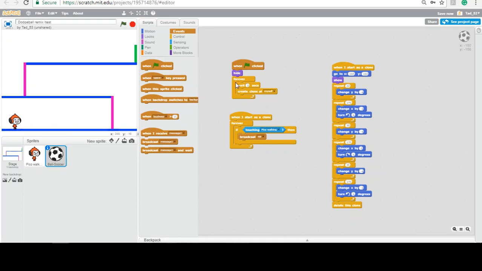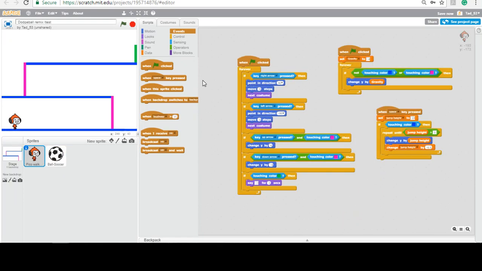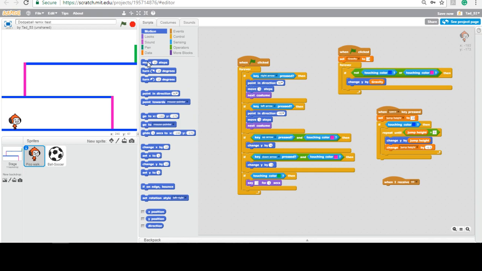So this is a nice characteristic that you can use when combining two sprites that are going to interact with one another seamlessly. So what I'm doing is I'm broadcasting a signal from the soccer ball, and now I want my sprite to pick that up. So I'm going to say when receive, so when they receive that broadcast that's created, I want to change the position of my character. So I want it to point in direction 90, so it looks like it's starting over again, and I want it to go to a certain set of